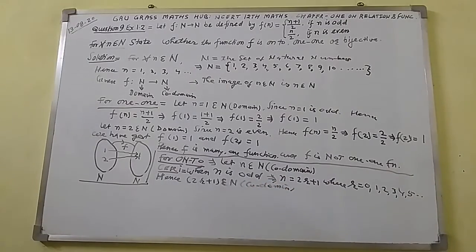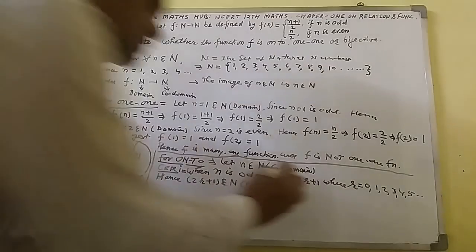Capital N is codomain. So what will we do in this case? Capital N is codomain. Then there exists